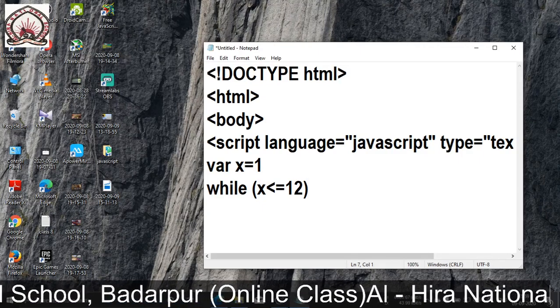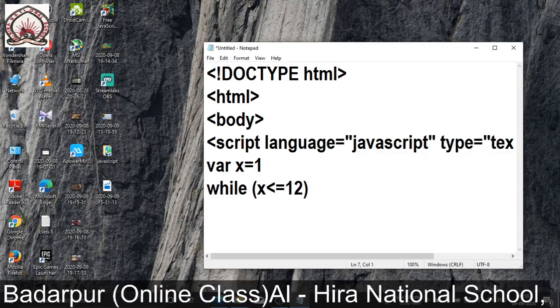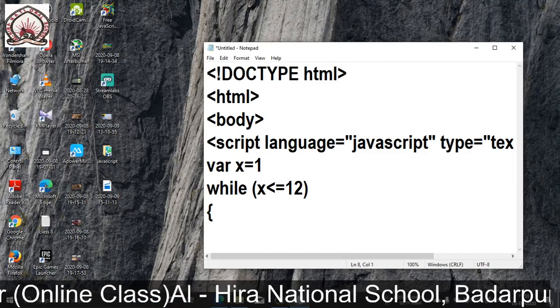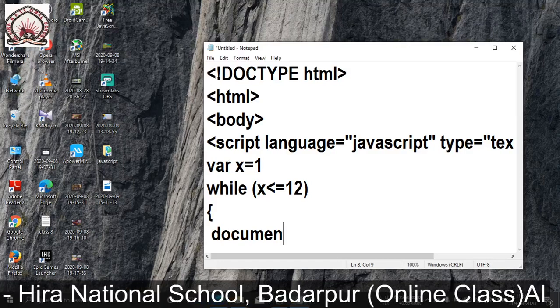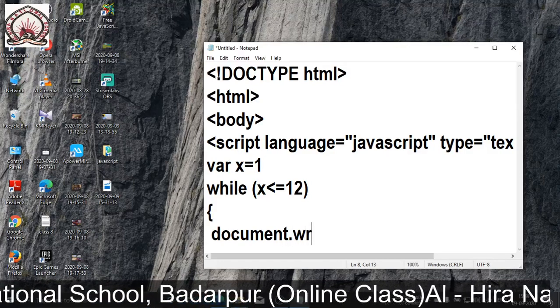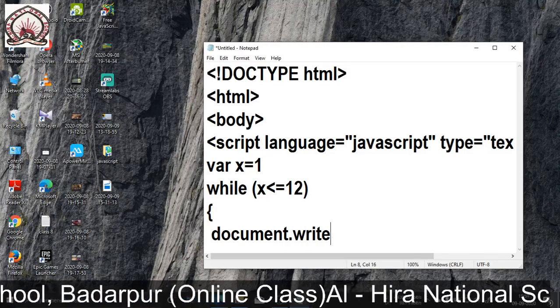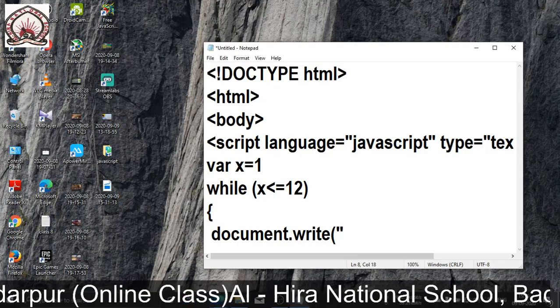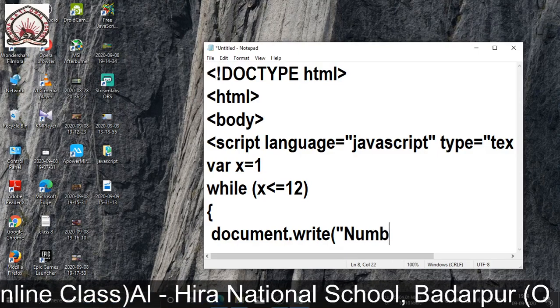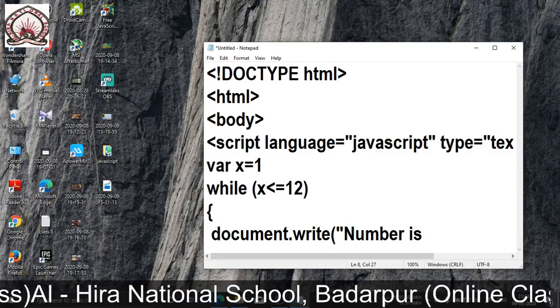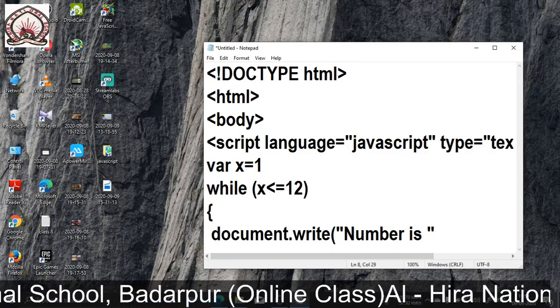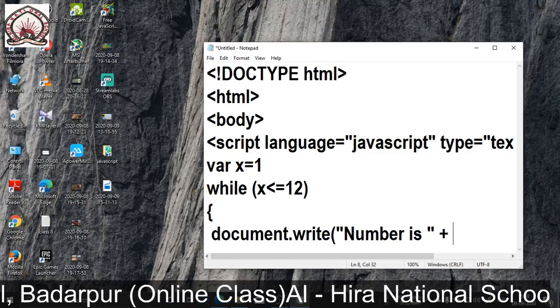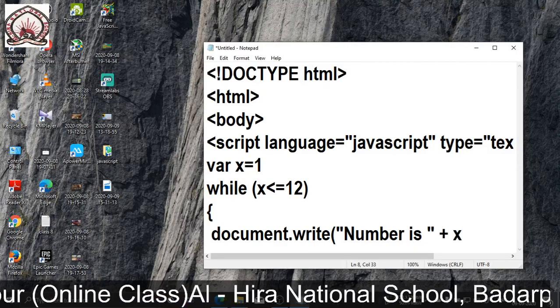Then comes my statement. Within second brackets we have to write the statement. Statement is what? document.write, within double quotes, let me write the number is, it will show from where? I have to give one plus here, it will show from x.